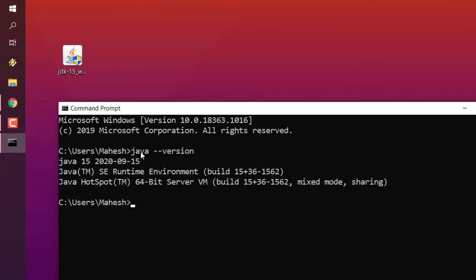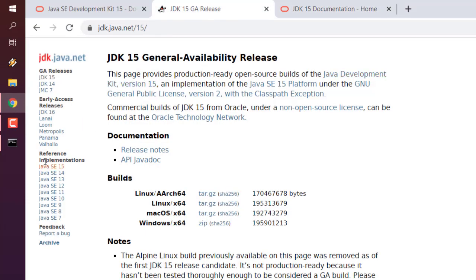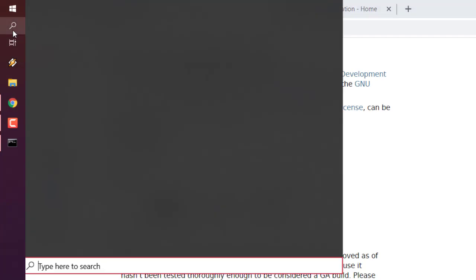Okay, if you can see something like this, that means you have managed to install Java JDK on your Windows 10. Okay, here you can see the version with date. Okay, also it shows runtime environment and HotSpot. Right, so if you see something like this, that means you have installed JDK, and if you choose this OpenJDK, you will get a similar message, but in this case you have to download this zip and then use